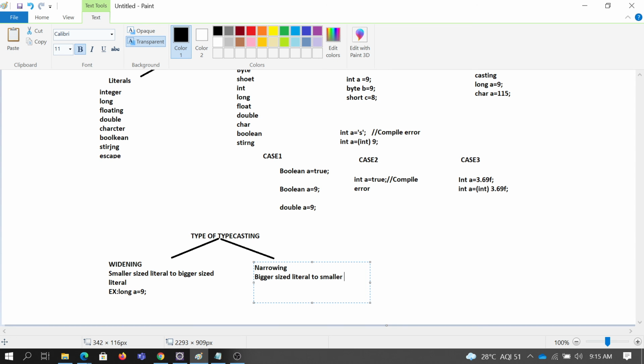So what is typecasting? It is internally or explicitly converting one literal type to a different data type. Two types of casting we have already discussed: widening and narrowing. Widening means a smaller size literal, when assigned to a larger size data type, is automatically converted by Java. I have already given an example. And narrowing casting means a bigger size literal, when assigned to a smaller size data type, we are explicitly converting. I will give you one small hint how we